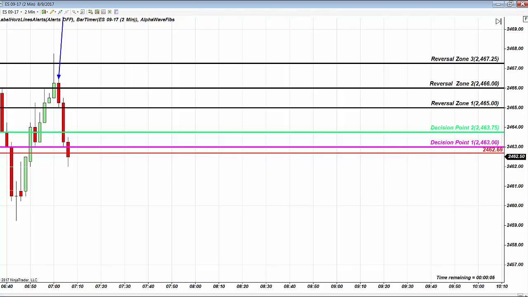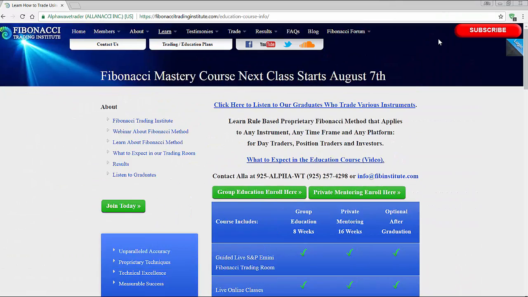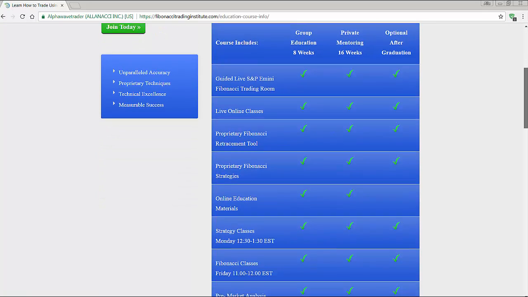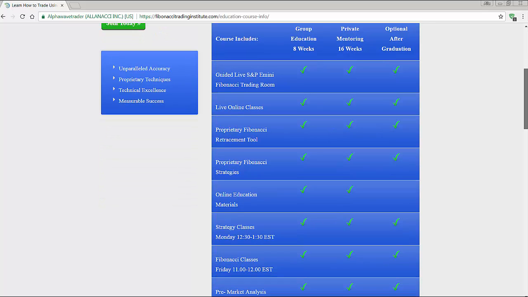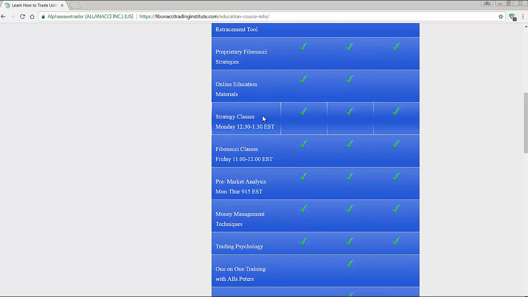Clear on that? And that's the focus of the course. Class is ongoing. Class starts from scratch pretty much every Monday. The most important class is on Friday, the long-term Fibonacci class, as instantly you see, using anything other than Fibonacci is a silly thing to do. Very important class on Monday at 12 if markets are frozen, and at 12:30 if markets are moving.